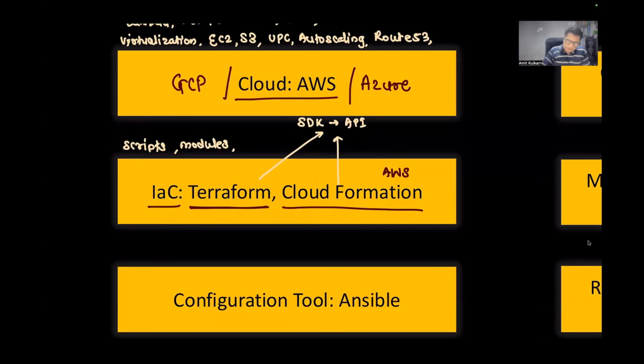Now, once the infrastructure is created, let's say, for example, I've created EC2 instances, not one or two, let's say 10 of them. Now, I want to configure them. Maybe Linux is already there. We'll assume that, because by default, when you create an EC2 instance or virtual machine in the cloud, it will also contain the operating system on top of it, like Ubuntu Linux. Now, what if I want to install MySQL there, or Apache, or copy my code there? I have to keep configuring my resources.